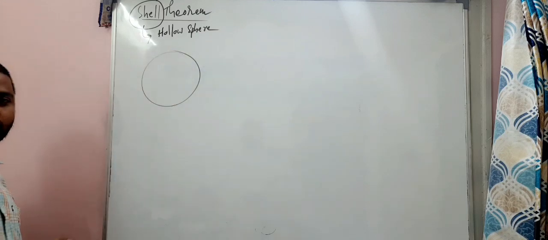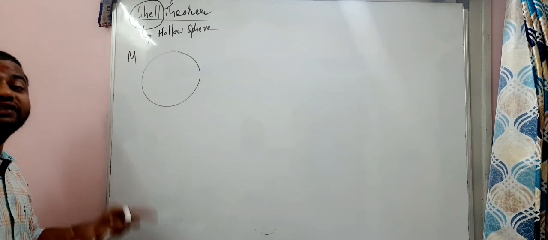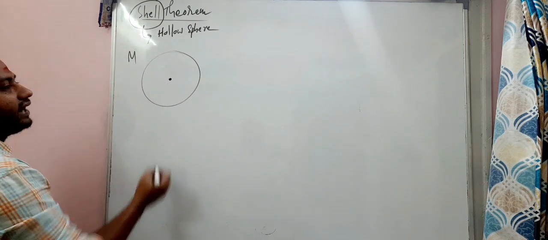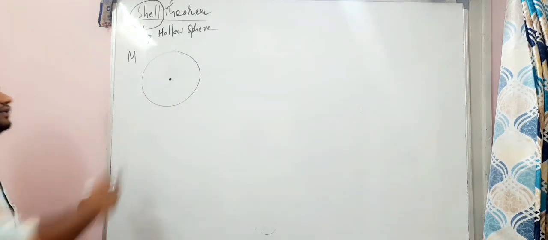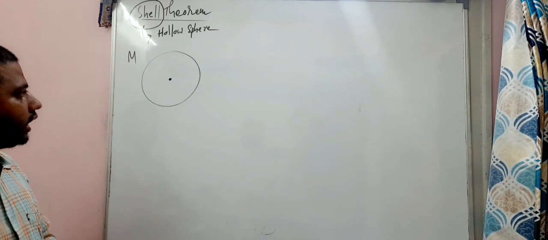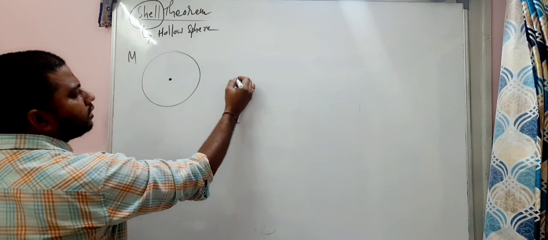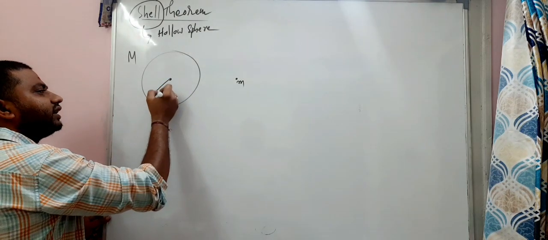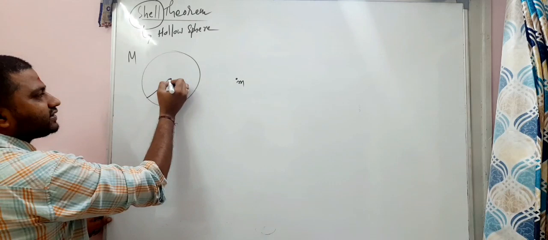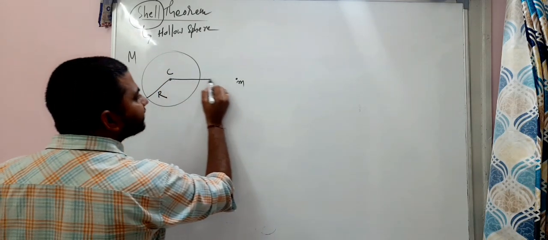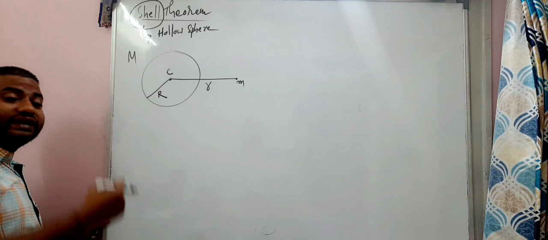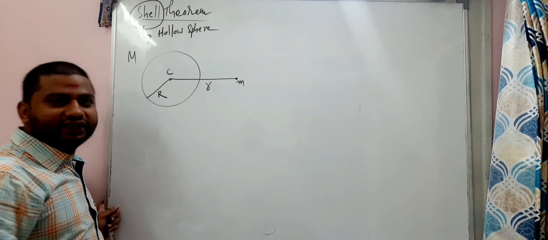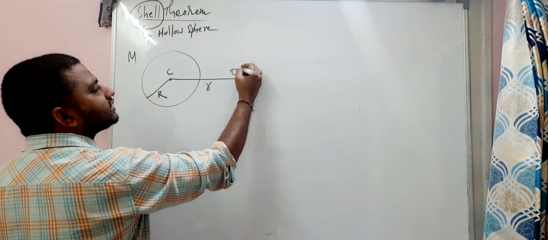Imagine, let's take a shell whose mass is M. What we consider is that the total mass of the shell is concentrated at the center. Now, a small mass m is located outside the shell, and the radius of the shell is considered as capital R. From the center of the shell, this mass is considered at a distance small r. That is, this point is outside the shell, understand? So this point is outside the shell.